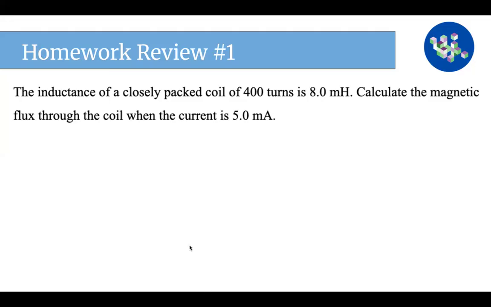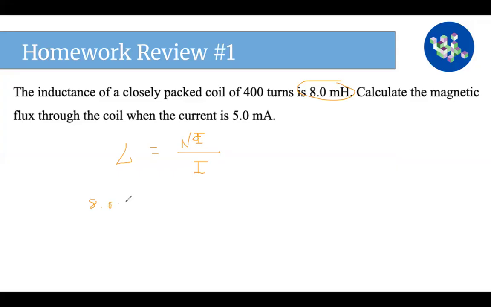All right, so we have the inductance and we want to find the flux. Let's recall how we defined the inductance. The inductance L equals the total number of turns times the flux phi, divided by the current. This is just going to be simple algebra. We're given the inductance is 8.0 millihenry, so we'll say